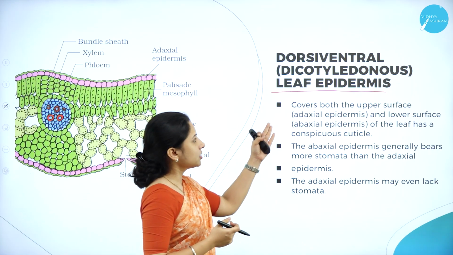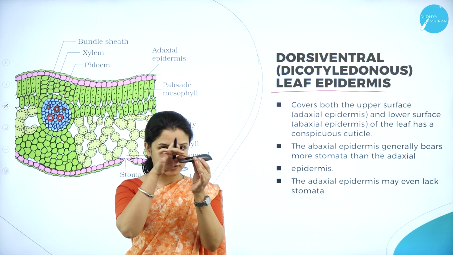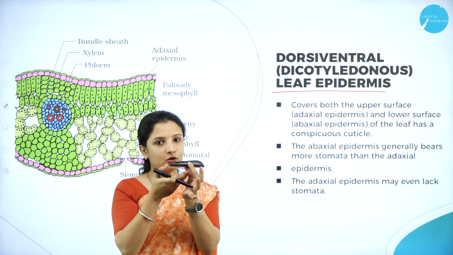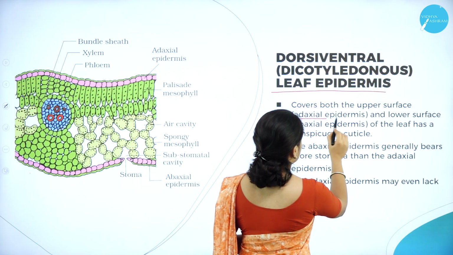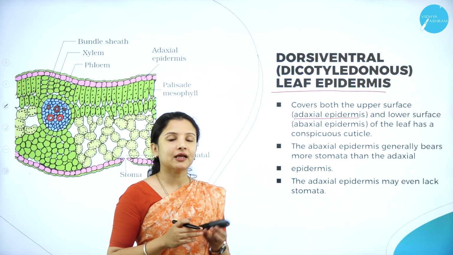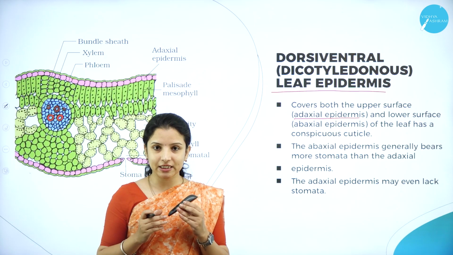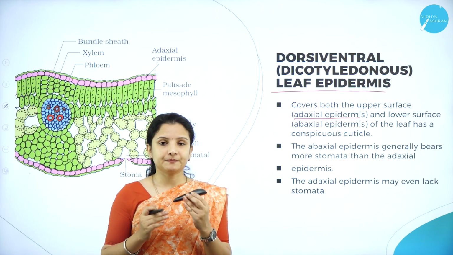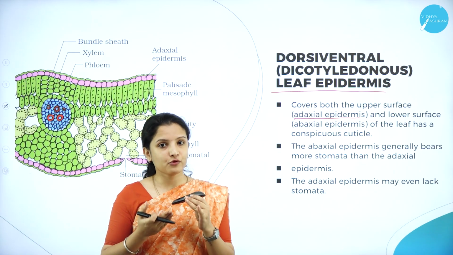Similarly, the whole plant body is covered by a skin, which is nothing but the epidermis. So here it covers both the upper surface of the leaf, that is the dorsal surface, as well as the ventral surface of the leaf. Therefore it is also called the adaxial epidermis and the abaxial epidermis. If you get confused, it is easy to remember. Back. Always remember, the back of the leaf is the ventral portion of the leaf.